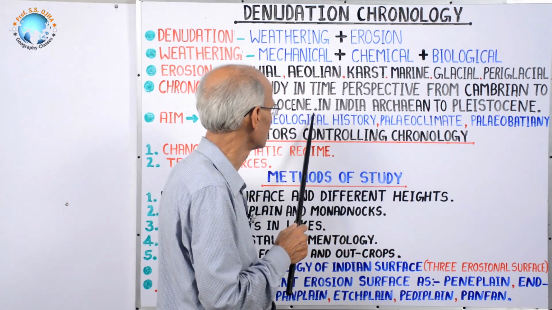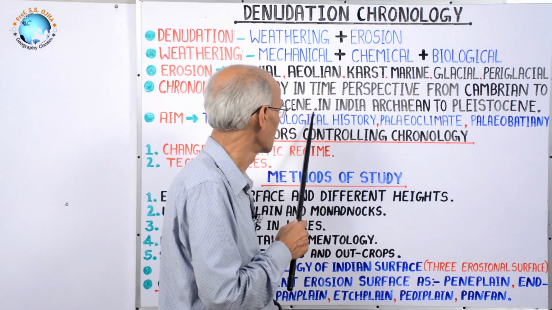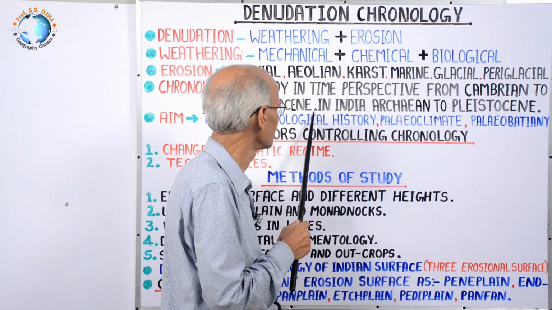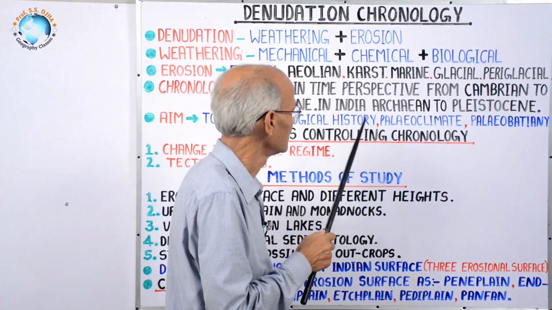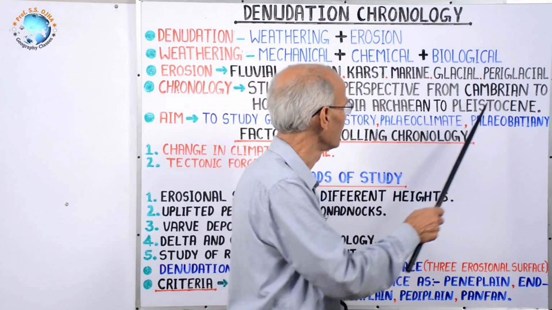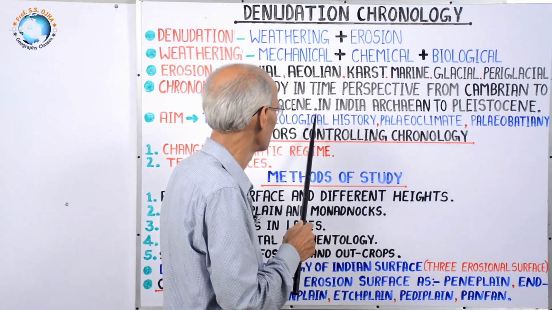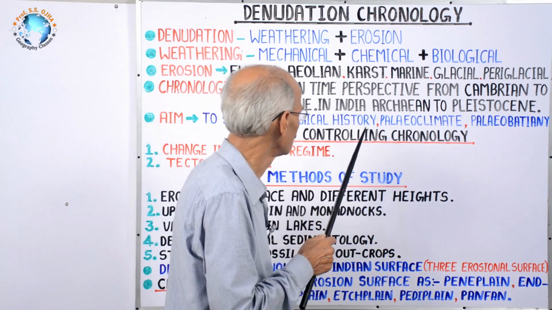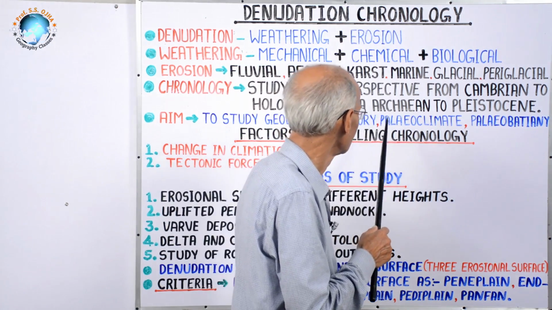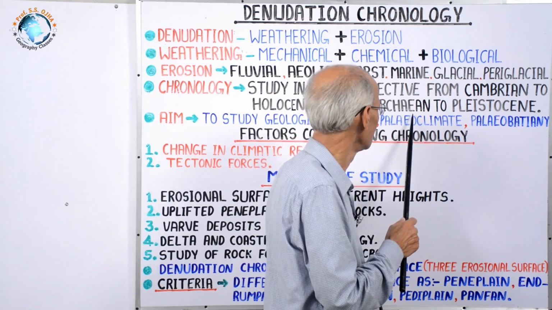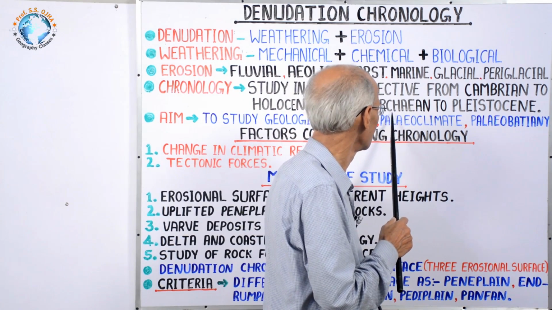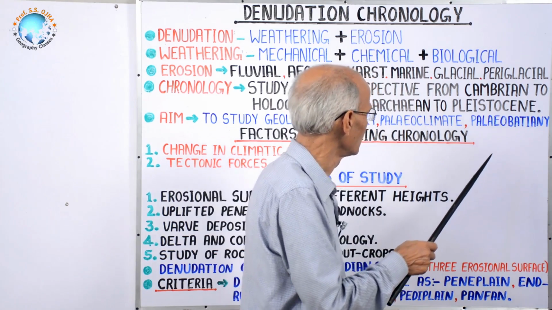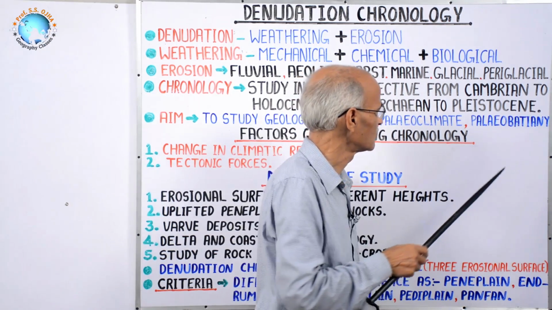As Earth's surface cooled down, rocks formed, the weathering and erosion process started, and this is traced from Cambrian period to present geological period, Holocene. In India also, the chronological study reveals that here the rocks range from Archean period to Pleistocene and even Holocene. It is Holocene period